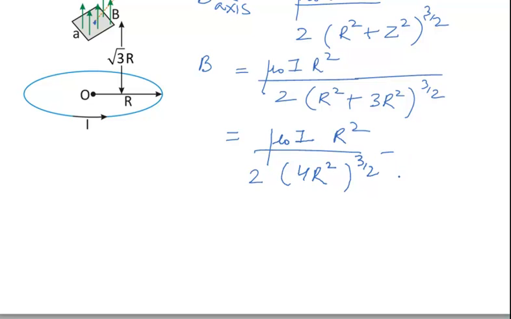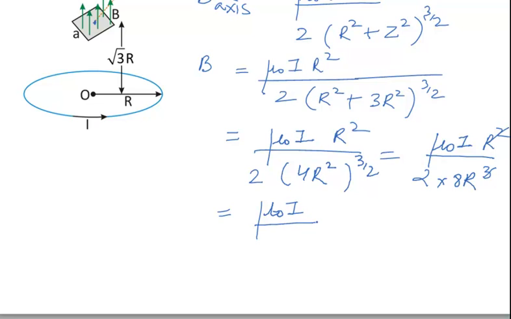This can be written as mu naught I r square upon 2 times 8r cube. So the final value of the magnetic field on the axis at a distance root 3r will be given by mu naught I upon